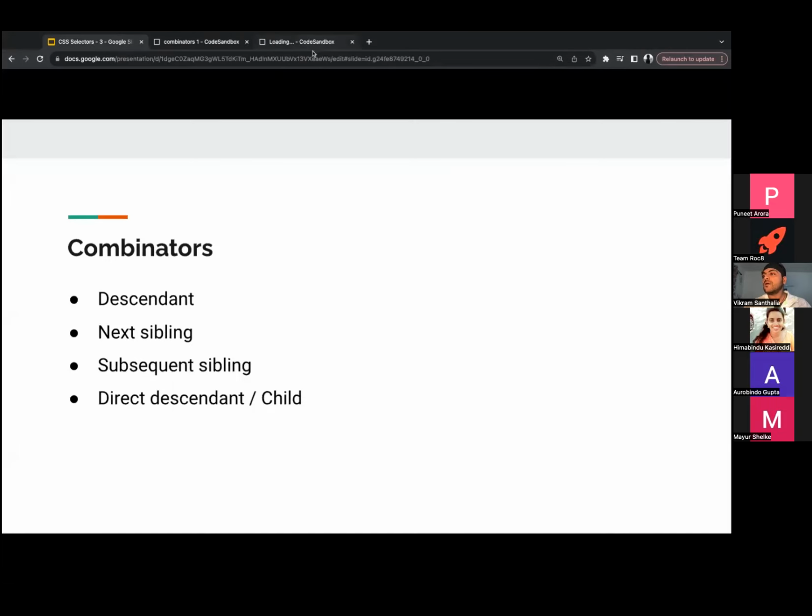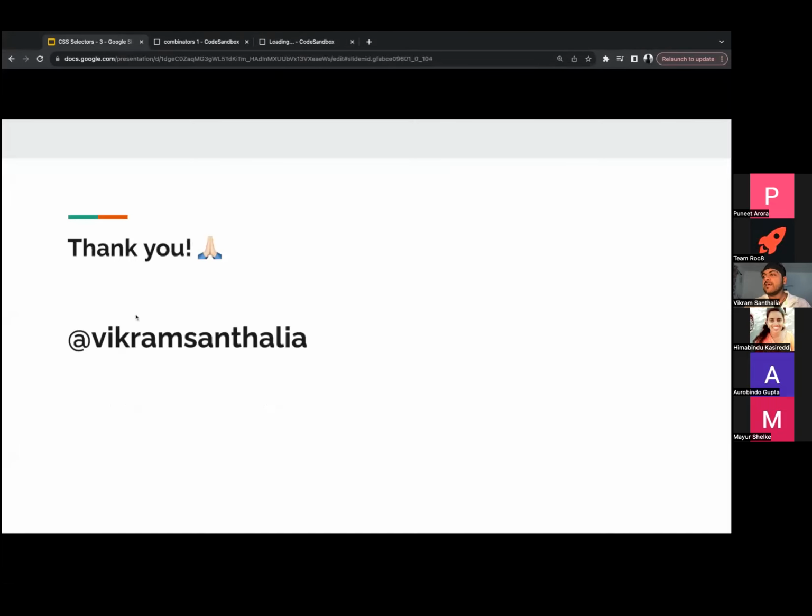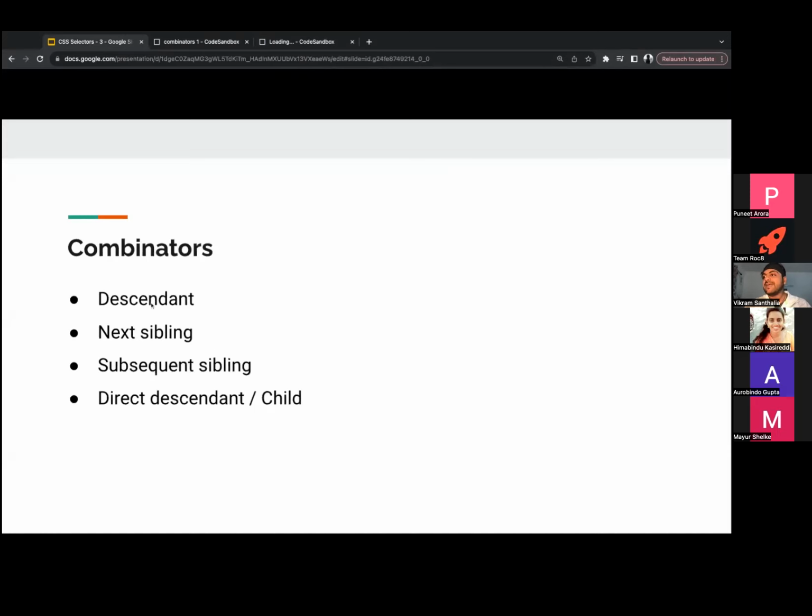The next one. We did the descendant, which is basically just the space, there is nothing in between. And then we did the direct descendant, where we said that you have this greater than sign, okay? And then let's see the